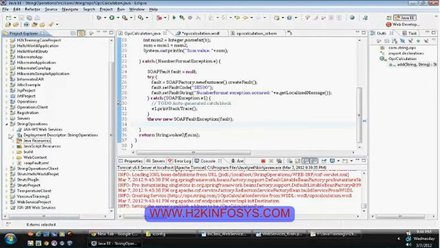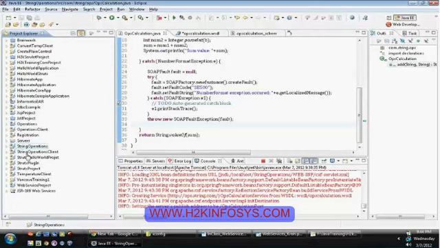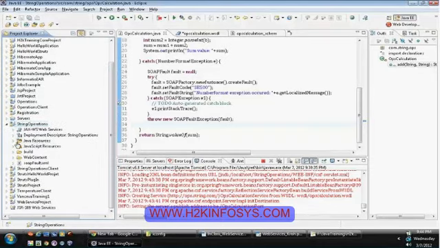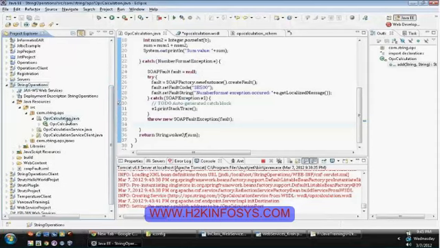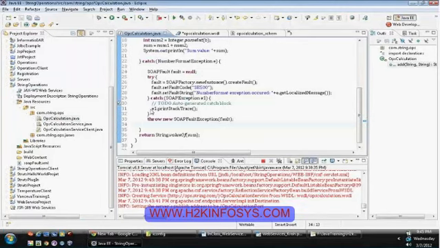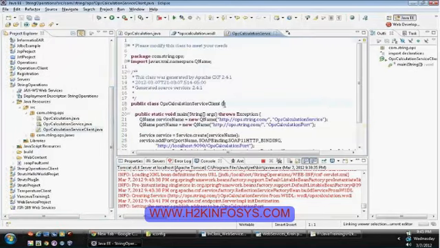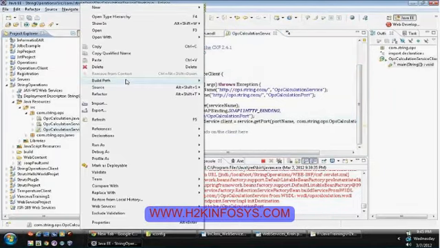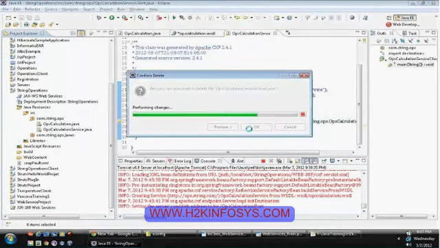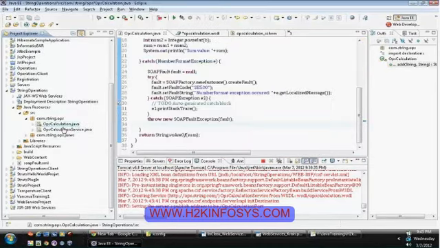So then why do we have that ops calculation service client in the first web service project? Which one, this one you are talking about? Yeah, can you open that? Open the operation. Here, ops calculation service client, right? Yeah, I have placed it only for our purpose. It's not required for us. So this project, string operations, strictly has only the web service code in it, right? Yeah, it's not required for you to have this one. You can just delete it.